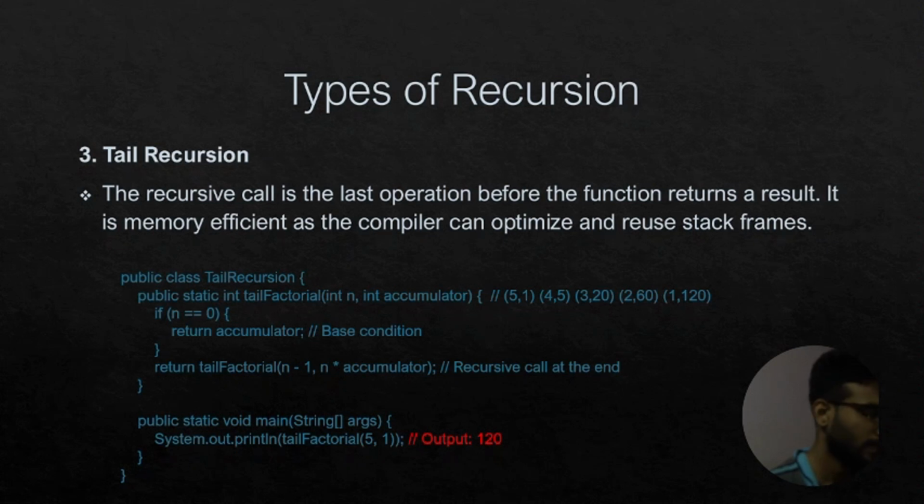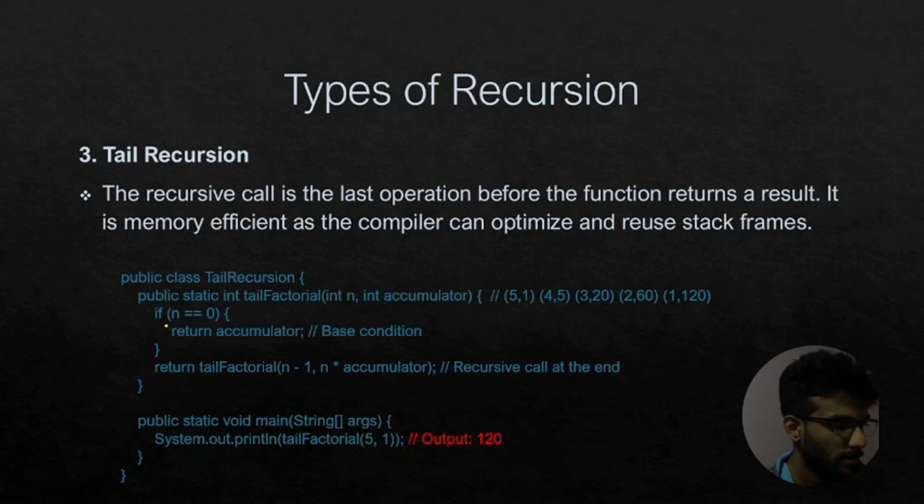Now we talk about tail recursion. This is when the recursive call is the last thing that happens before the function returns. Here's an example. In this example we get the inputs as 5 for the n value and 1 as the